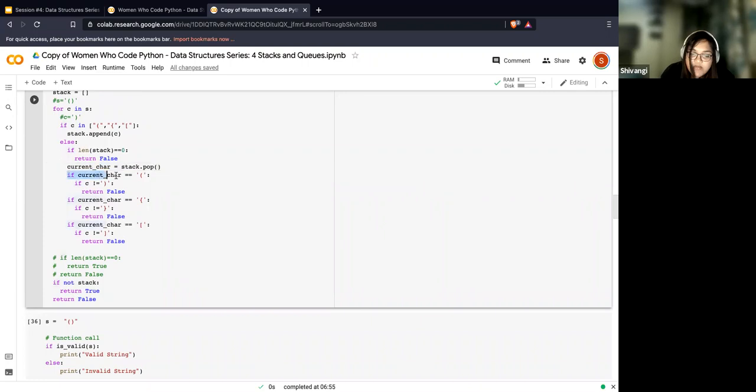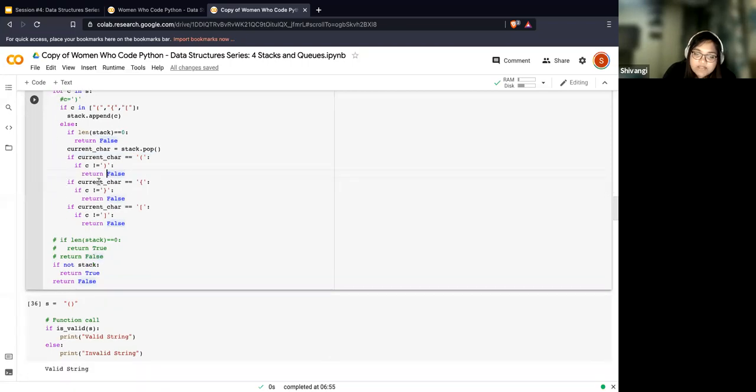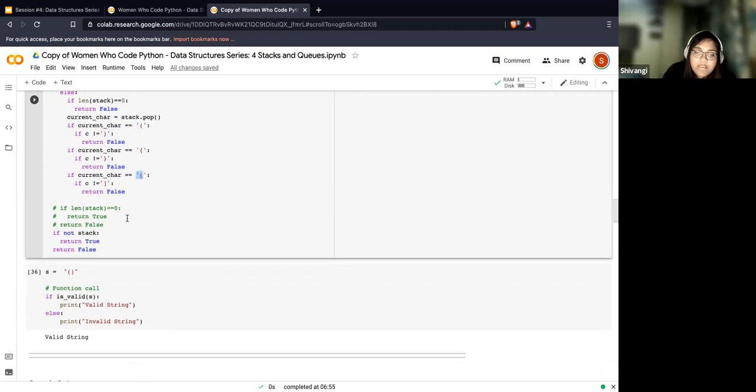Now I'm going to check if the popped character is an opening round bracket, and I'm going to check if it is not a closing round bracket, right? So this condition is false. So I'll never go to this return statement. And this condition also will evaluate to false because it's an opening round bracket and not an opening flower bracket or square bracket, right?